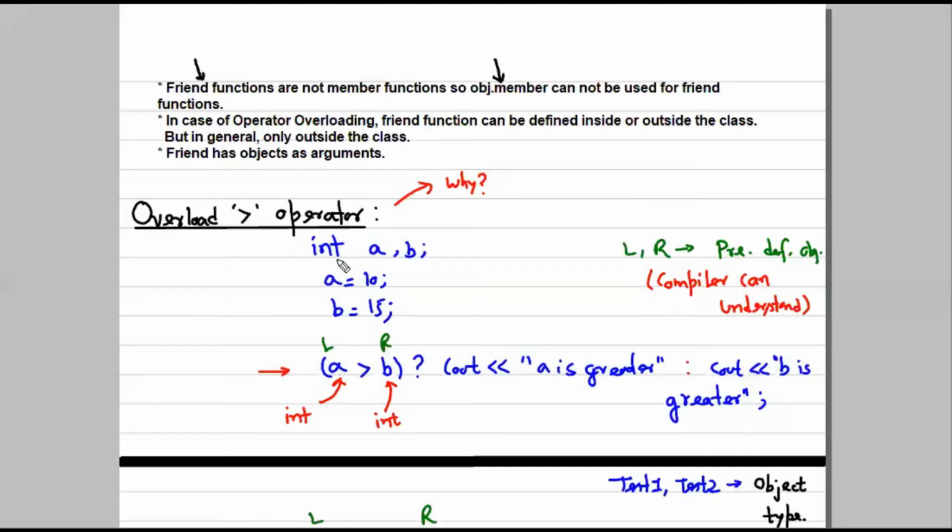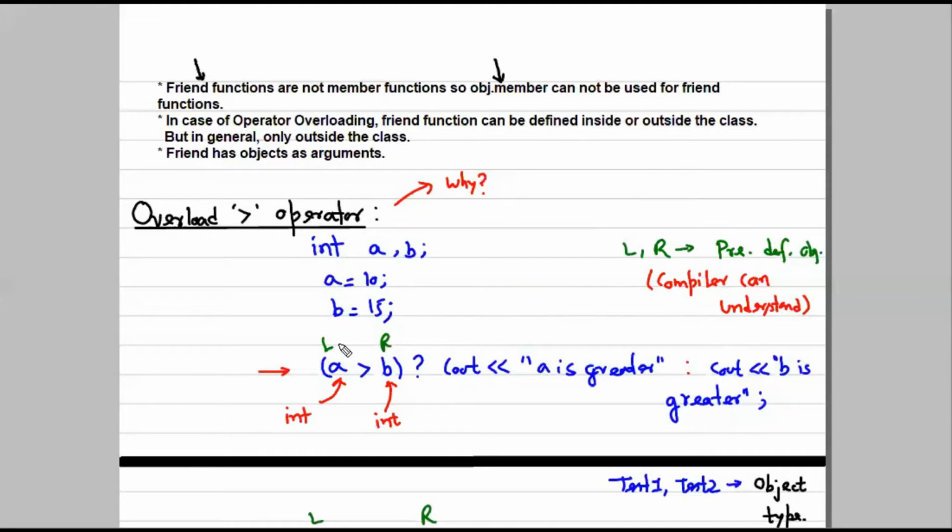The compiler can understand what integer means. We can only assign the values, but the range is decided by the data type, which is already understood by your compiler. It means the operator here is a binary operator, because it is taking two operands. If both operands, left and right, are predefined data types, then the compiler can easily understand.